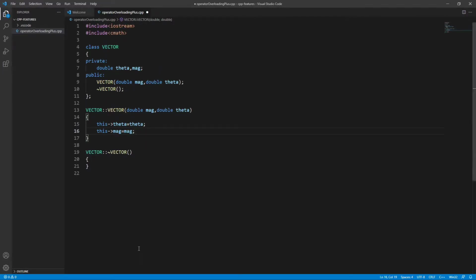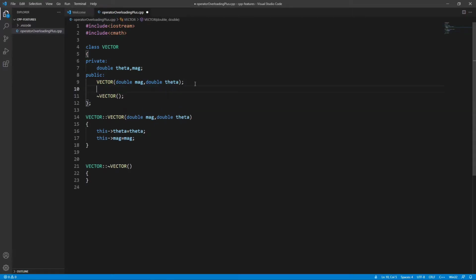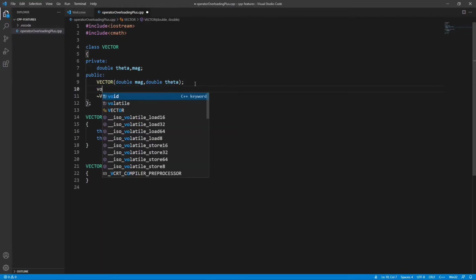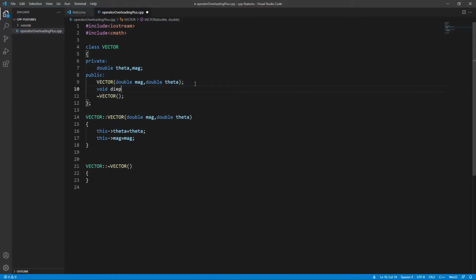So what are the different kinds of functions? Let's first do some simple stuff. Let's first display this, so void display. This will help us to display a vector.